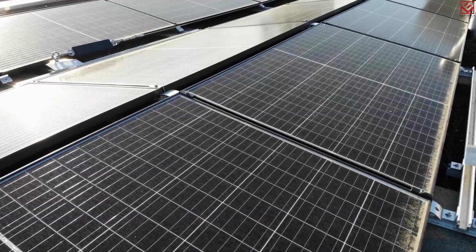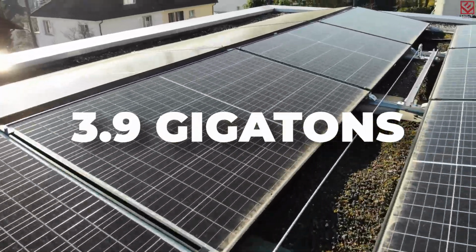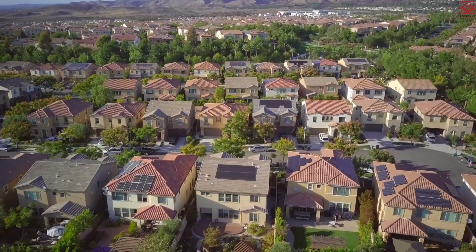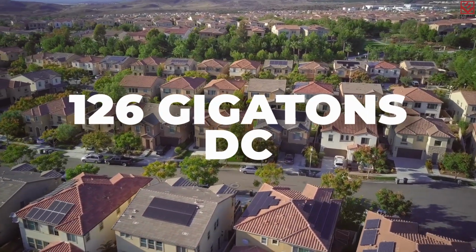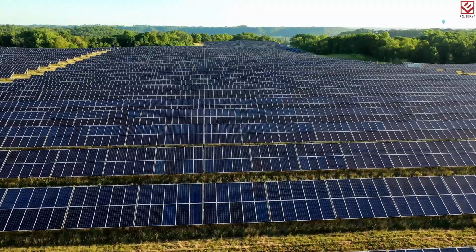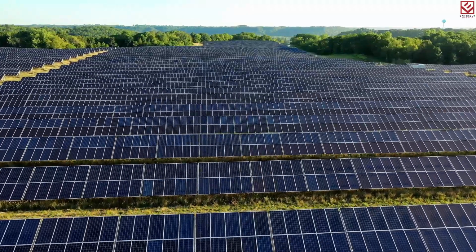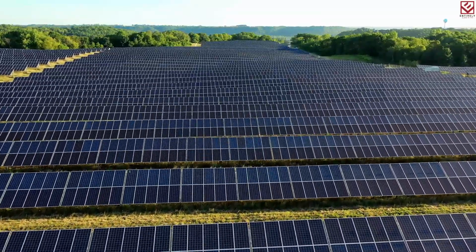In the first quarter of 2022, the United States installed 3.9 gigawatts of solar PV capacity, bringing the total installed capacity to 126 gigawatts direct current, enough to power 22 million American homes. Moreover, solar accounted for half of all new electricity generating capacity added in the year's first quarter. According to Elon Musk,